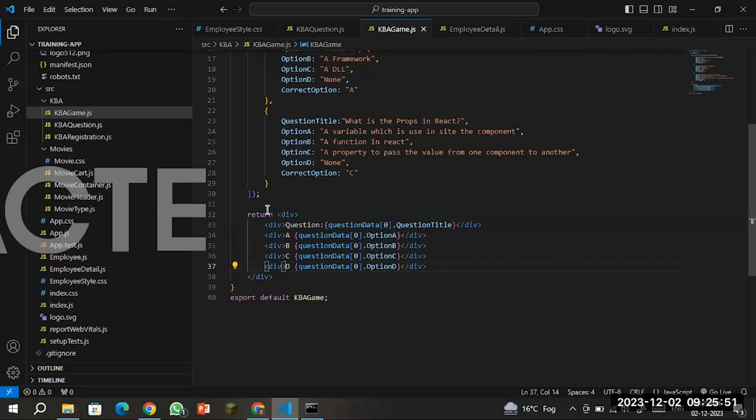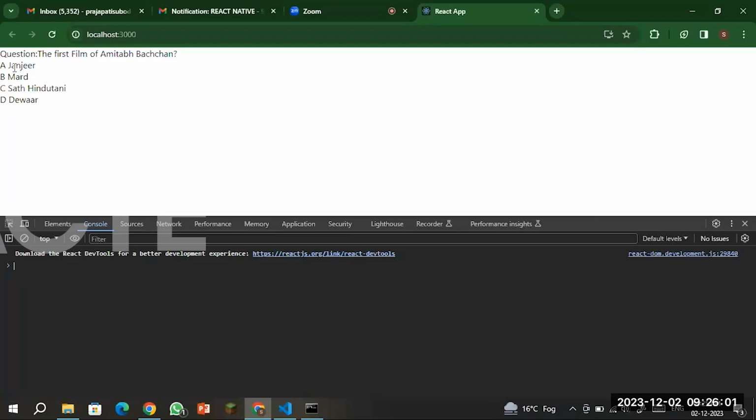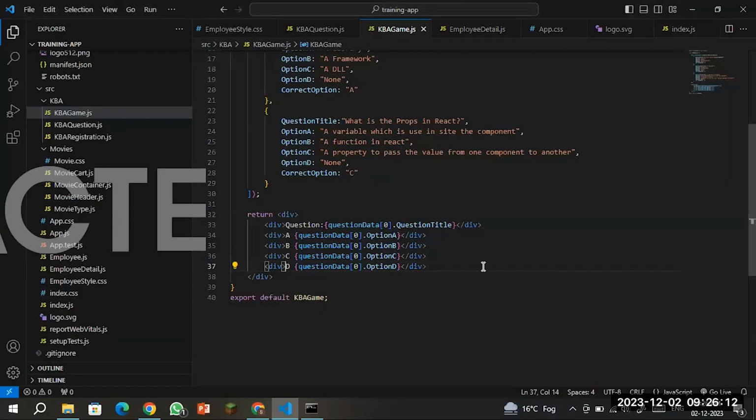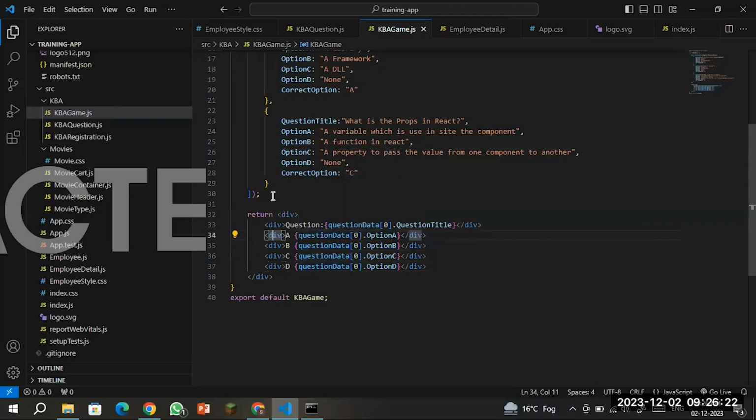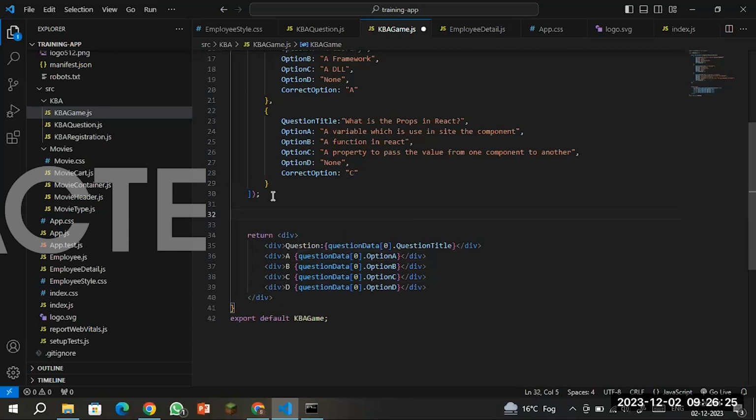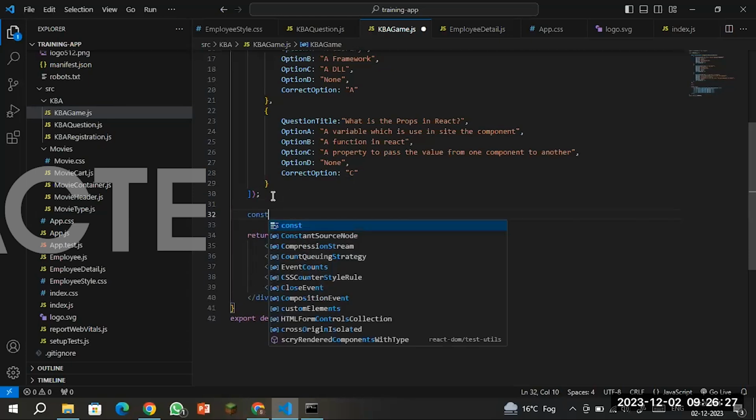Okay, so these are the options, and this is the question right now. Now I need to make it so that whenever the user clicks on it, it will show whether the answer is correct or not, the first one. So for click, I need to create a function and make a click event on these event divs. So I'm going to create first the click event, const